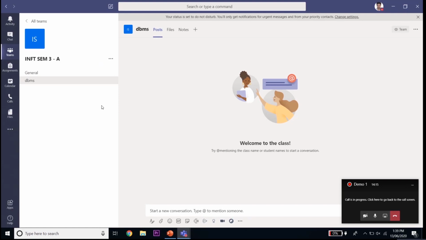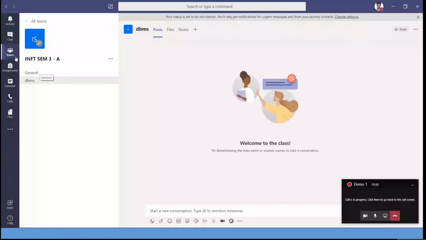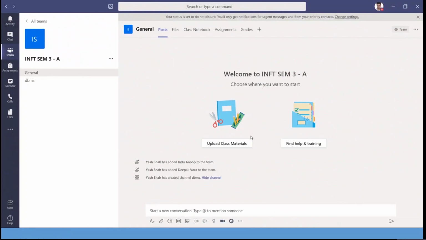Let us go to the third feature and understand the use of Teams from an educational perspective. This is a very important feature that we are going to see. The third feature of Microsoft Teams is education. Let us see how we incorporate our educational requirements with Microsoft Teams. Let us go back to the page where we have created our team. So in the General tab, we can see a number of fields here. If you want to assign an assignment to this particular class, I just have to click this tab.